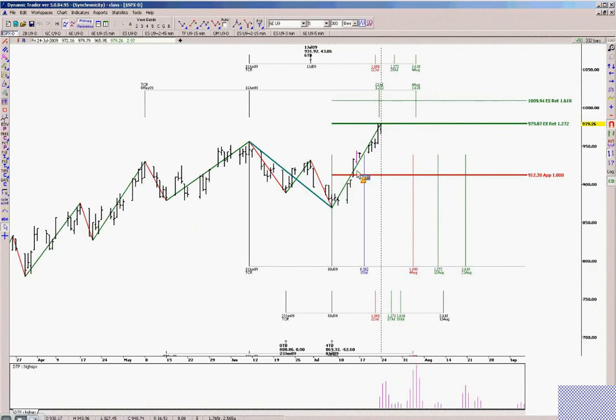And once we cleared that by a decent margin, that was when I started talking about, if anybody has been watching my end-of-day updates, not looking for failure as much anymore, but the potential for at least a deeper upside correction. There were people that were all talking about this head and shoulders stuff, and I said, well, yeah, maybe that could happen, but it would have to fail here and underneath here, and it just never failed. So taking out symmetry always tells me to look for at least a deeper correction and possibly more. Sometimes it's more important reversal. So in this case, it ended up being more important reversal.